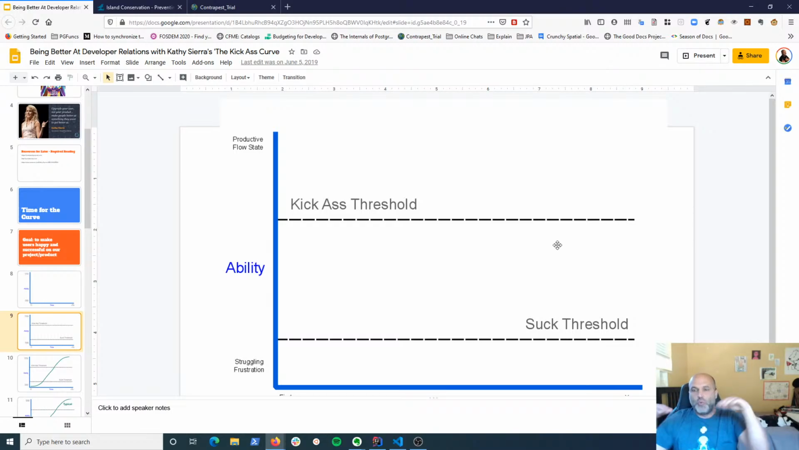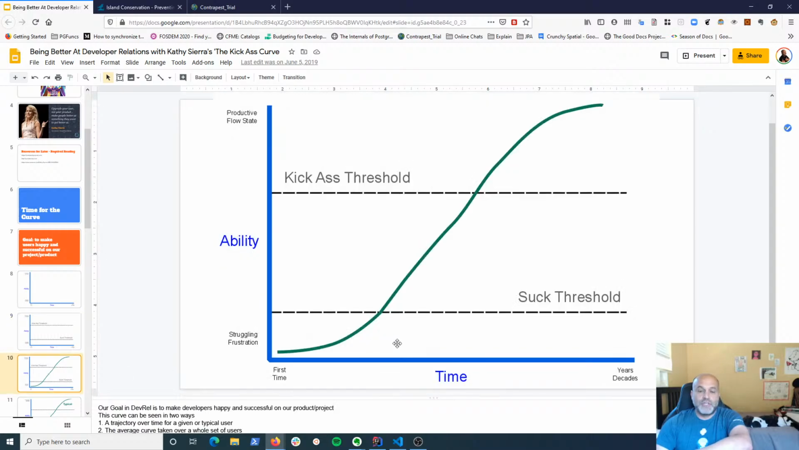The software kicks ass. The world is awesome. Look at how I can just sit down, start banging stuff out, and make great things right away. Right? And so there's these two lines on the ability. And so this is kind of the typical, it's a logistic curve for what she drew for a kick-ass curve,